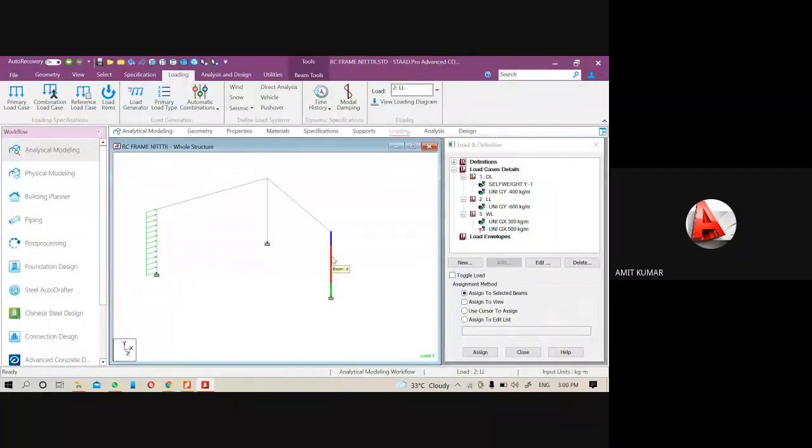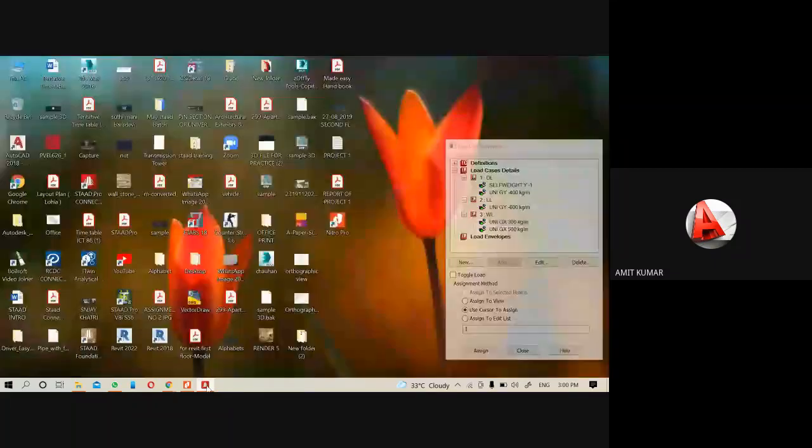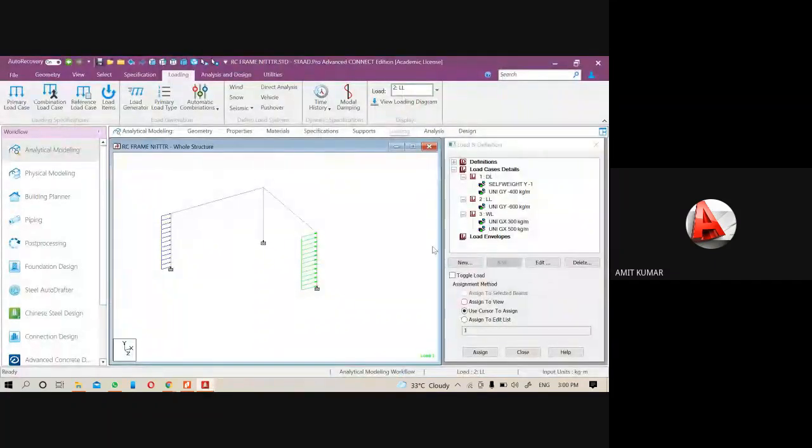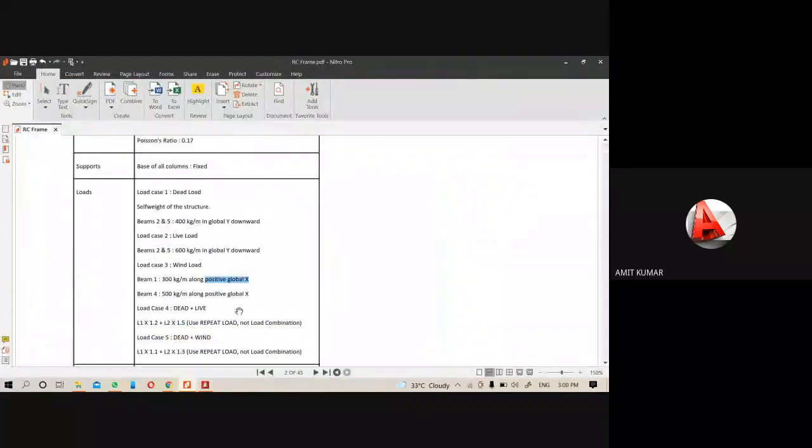So select the member number 4 and click on assign to the selected beam and click on assign. The selected load case will be shown with the blue color. If I select the load case GX3, here it is.